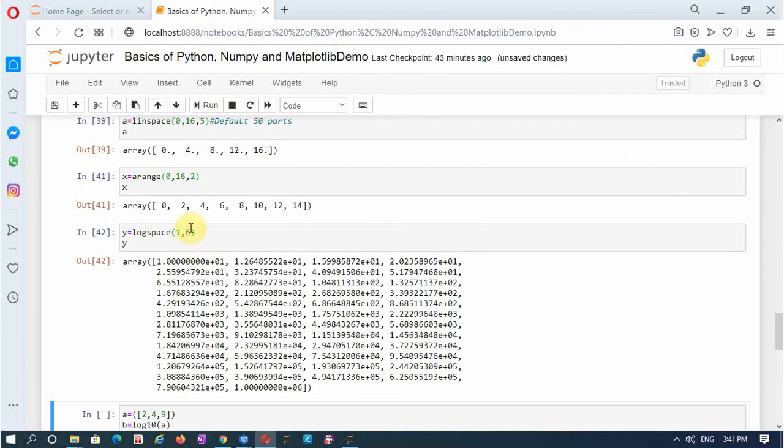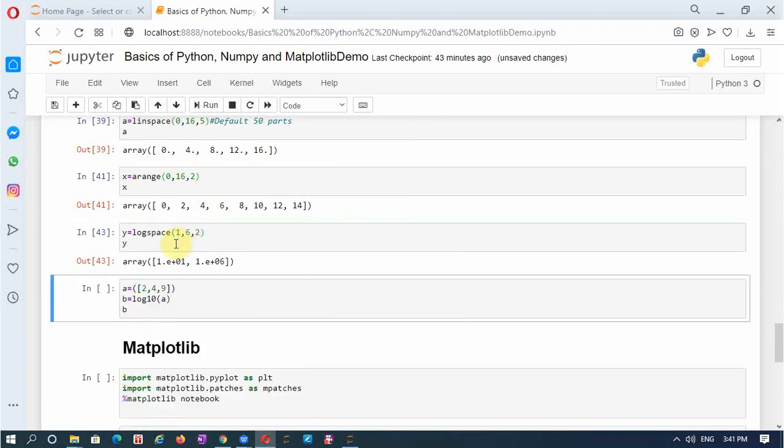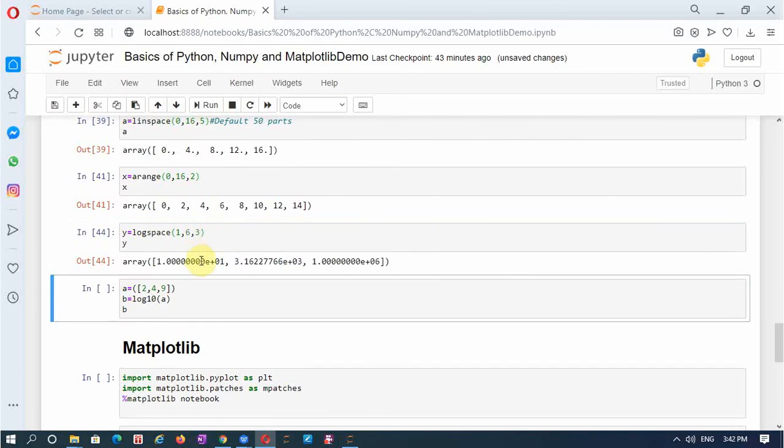Otherwise, if I specify it as 2, the first one will be 10 to the power of 1, the second one will be 10 to the power of 6. If I specify it as 3, the first one is 10 to the power of 1, the last one 10 to the power of 6, and in between the middle one 10 to the power of 3. So like this, we can organize an array in the logarithmic fashion also by making use of logspace.